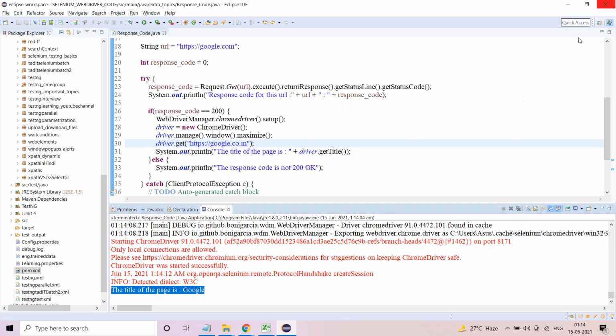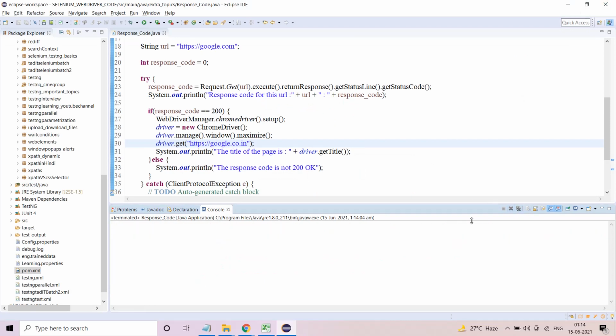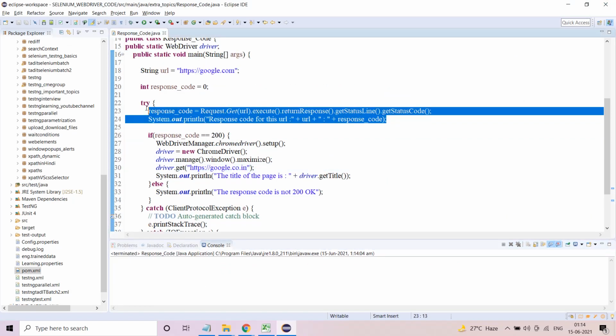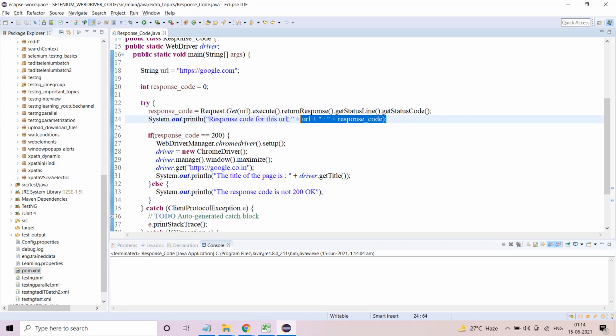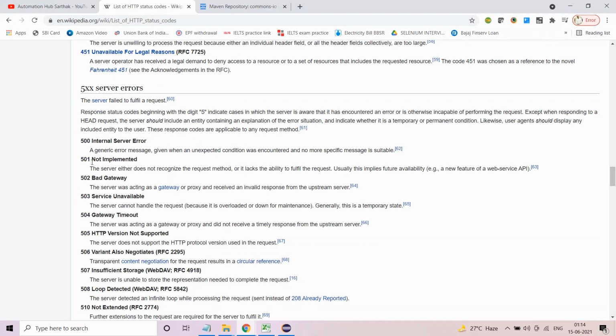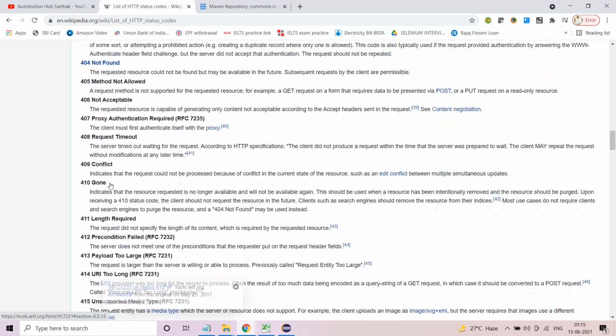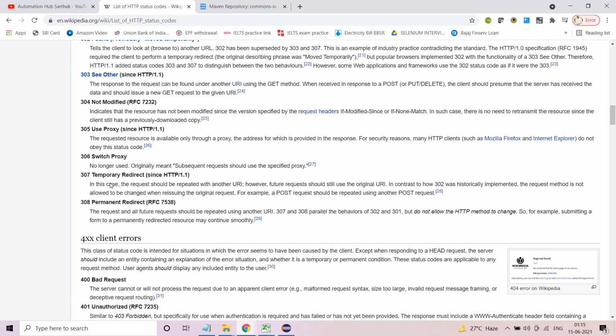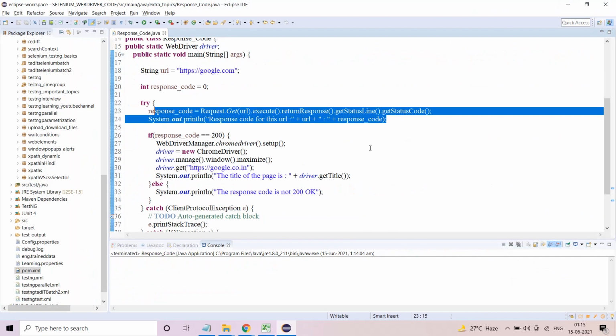So that's it. Even though this is a very small line of code, it has quite a lot of significance. And in interviews, you might not get asked to write this code, but typically you are asked about these kind of response codes, because if you are a newbie, if you are not experienced in automation, and you say I do not know, that means they'll understand, okay, this person has not worked on automation, he or she is learning and coming to give interviews. So technically this is important.